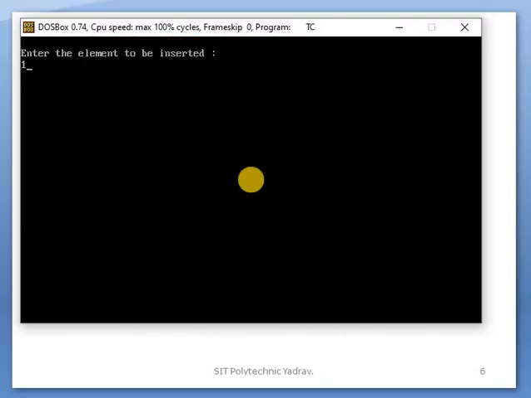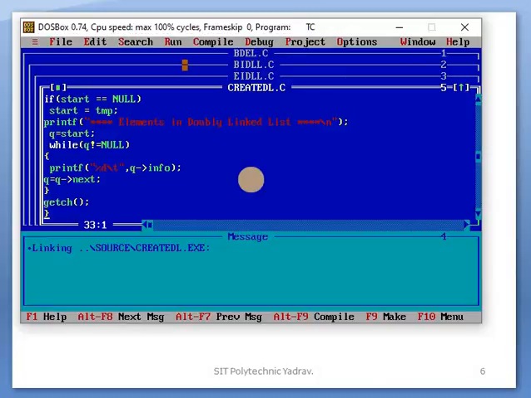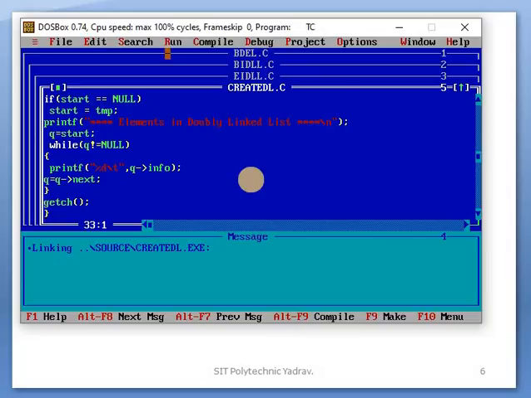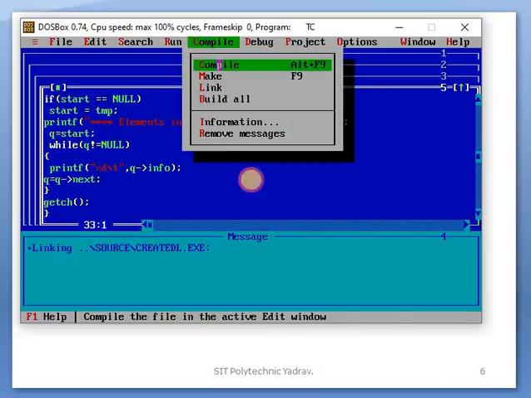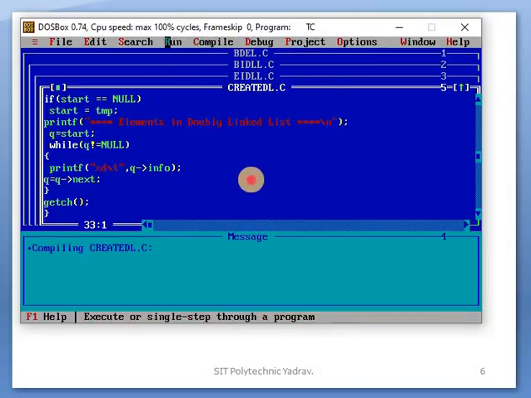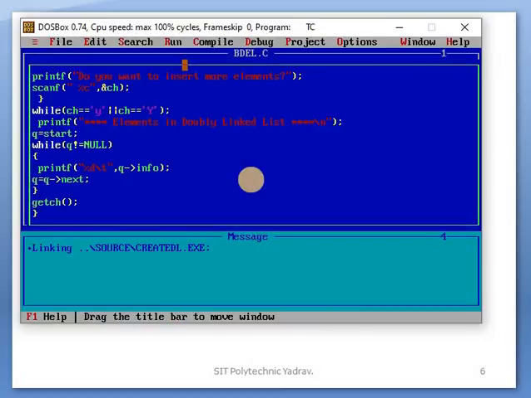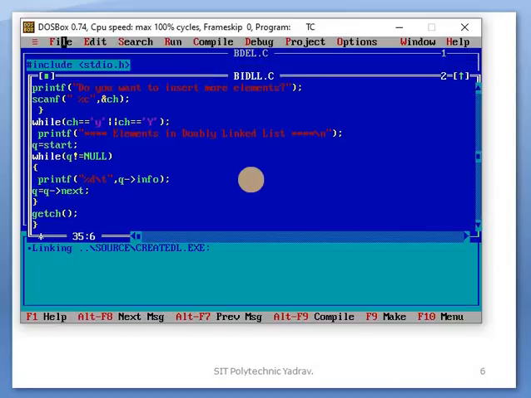Insert and display again. So compile it, run it. That's how we create the node in a doubly linked list program.